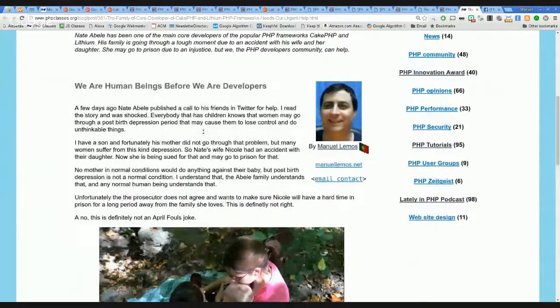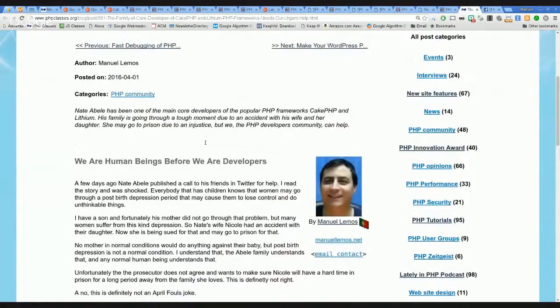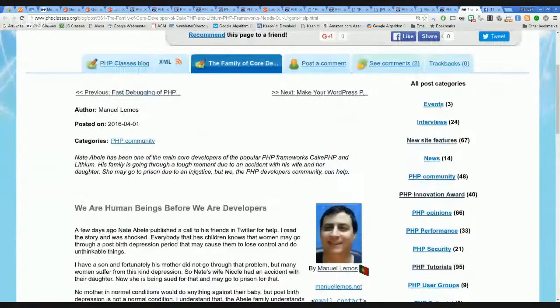Nate Abele is one of the core developers of CakePHP, and if you remember when CakePHP was released, everybody was talking about Ruby on Rails, Ruby on Rails is great, and everybody should move to Ruby to use Ruby on Rails. And CakePHP came to somehow demonstrate that what Ruby on Rails does in Ruby can be done in PHP.